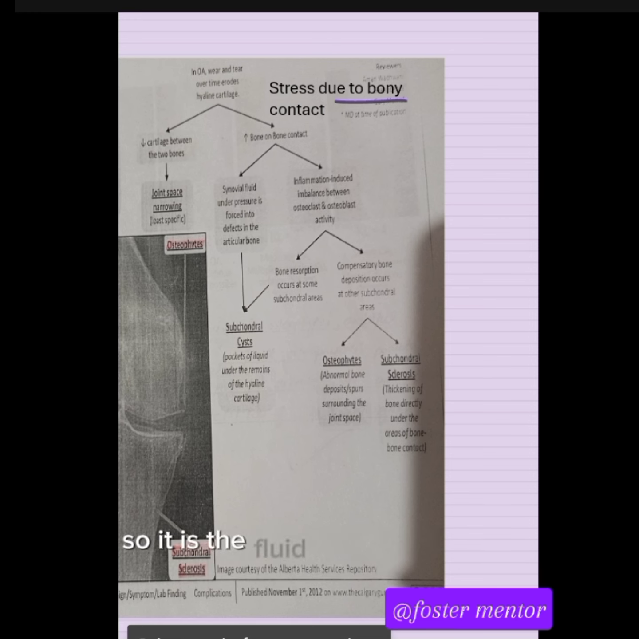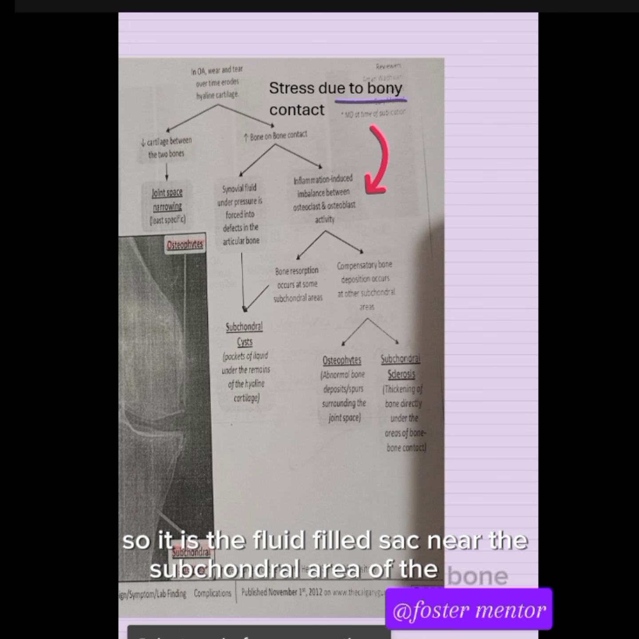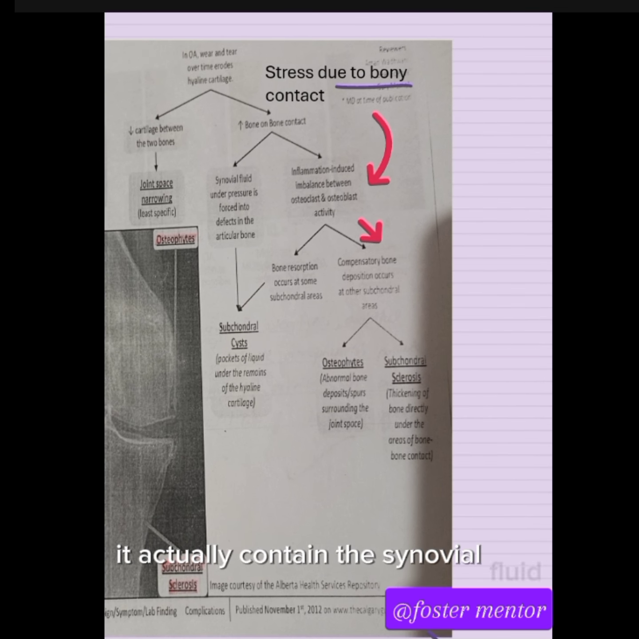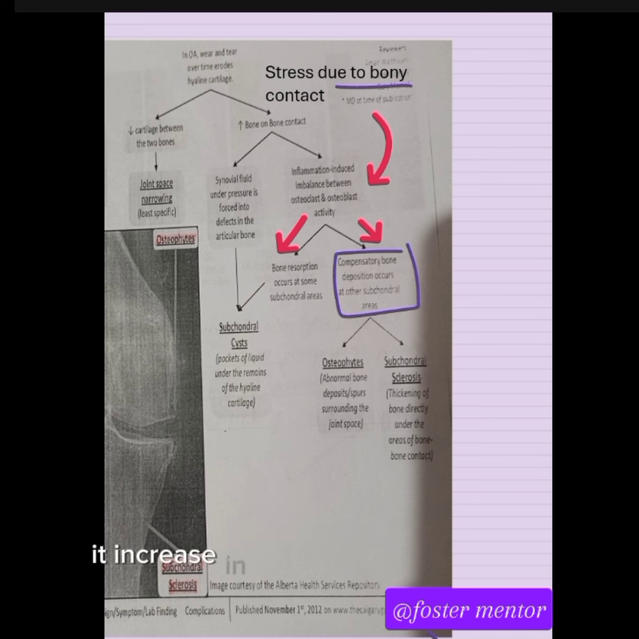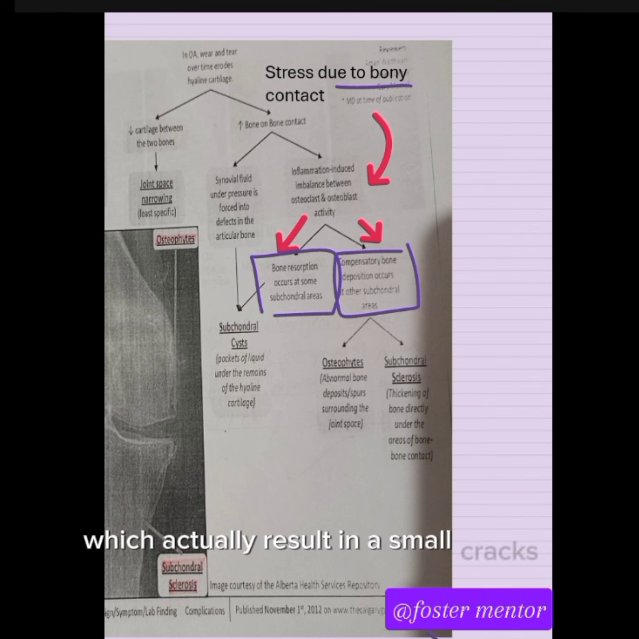Now for the subchondral cyst, the word cyst means sac, and subchondral indicates the region. So it is a fluid-filled sac near the subchondral area of the bone. It actually contains synovial fluid, and how the synovial fluid comes there: when the hyaline cartilage breaks down, it increases bone to bone contact, which actually results in small cracks in the bones, and therefore